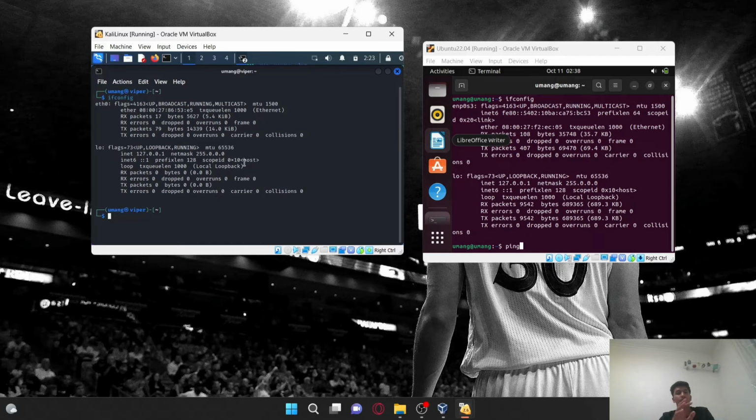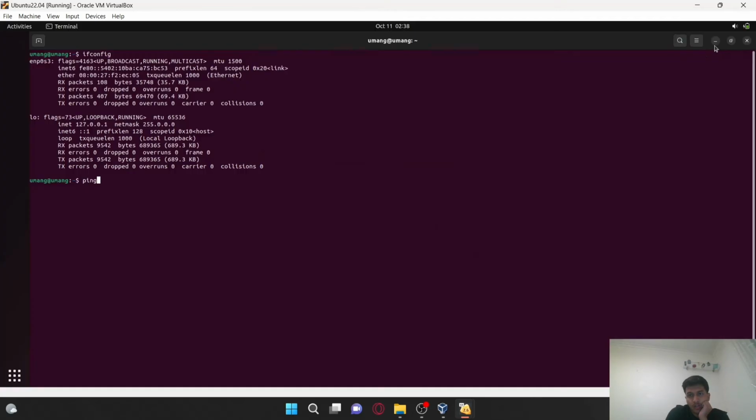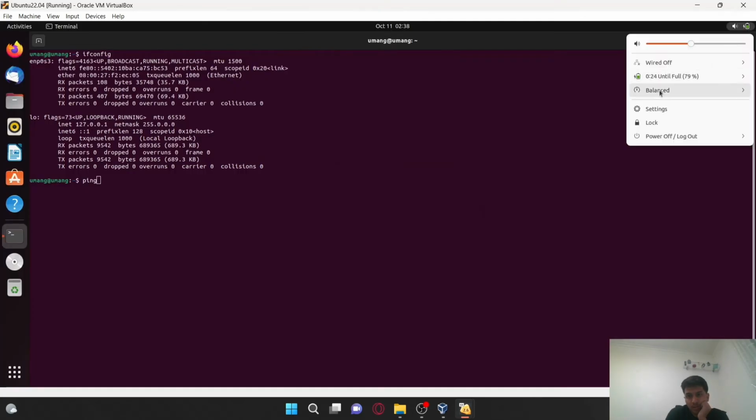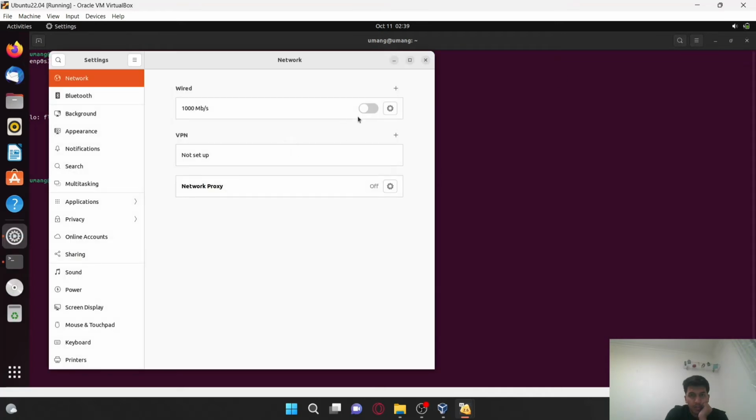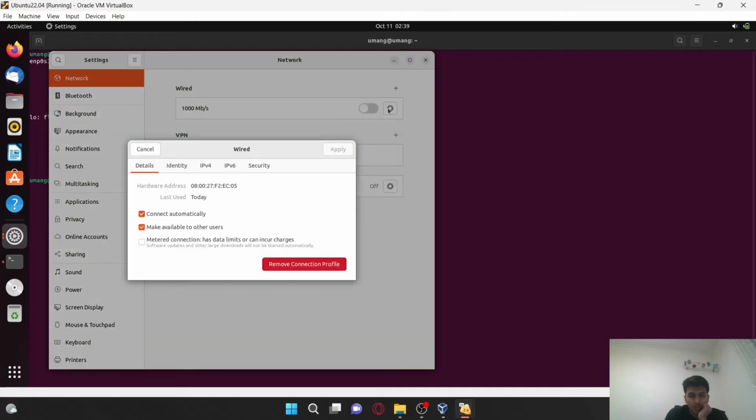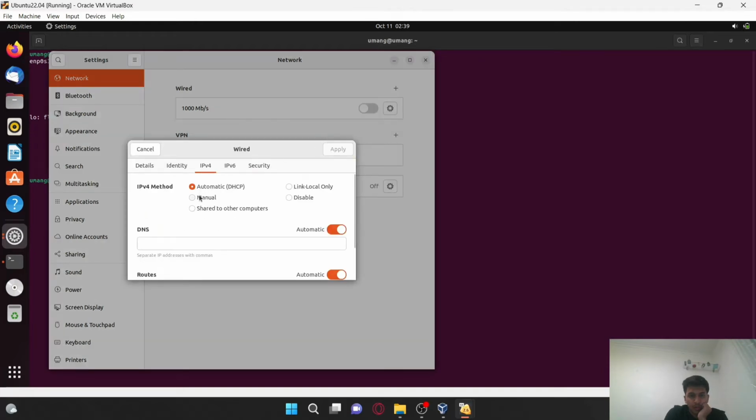Regarding changing the IP address, we can do it in 2 ways, either through settings or through a command in the terminal. For Ubuntu, you just have to go to settings, then IPv4, select manual, and type in an IP address, 192.168.100.5.